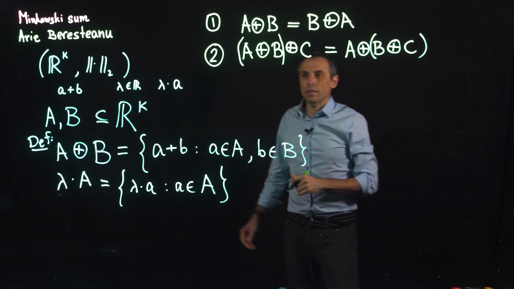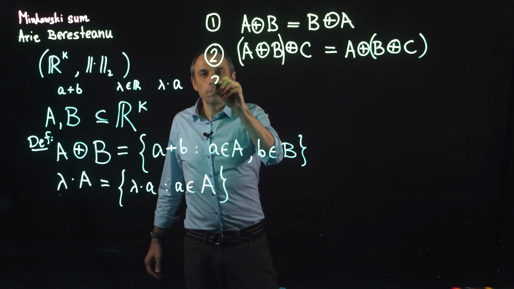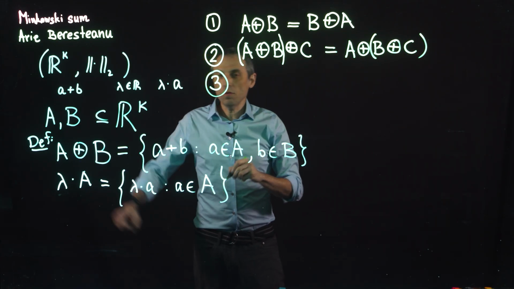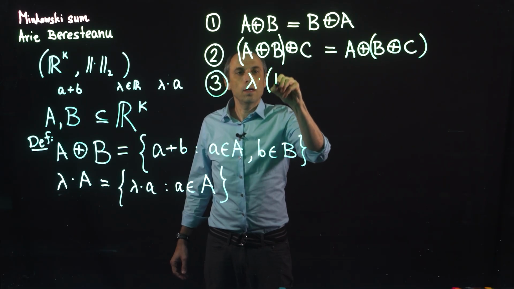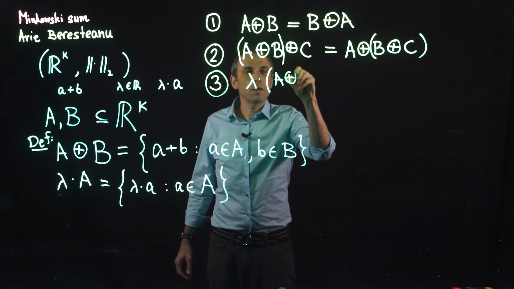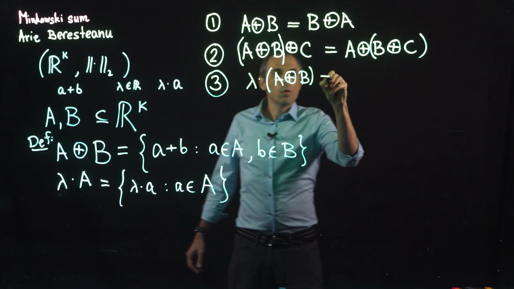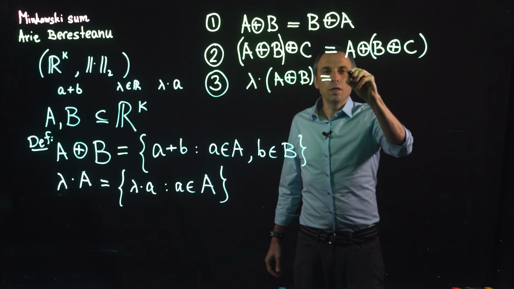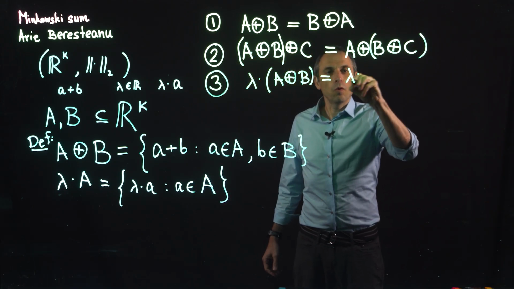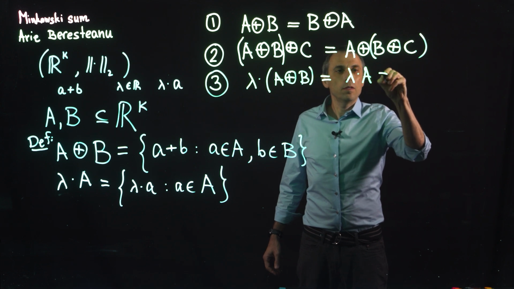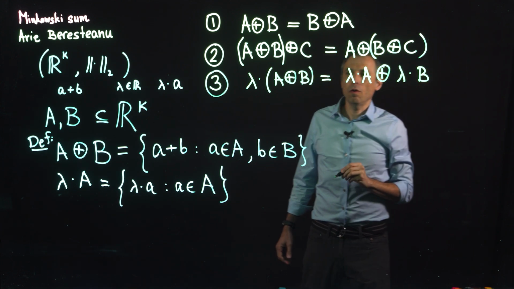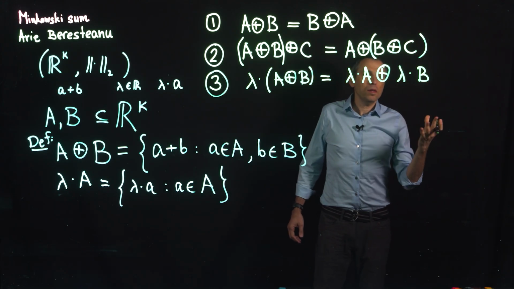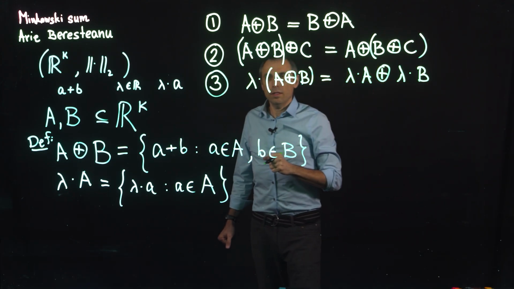Great, we like that as well. Going back to this constant, lambda times the Minkowski sum of A and B is equal to lambda times A, Minkowski sum lambda times B. So all these three are as expected,